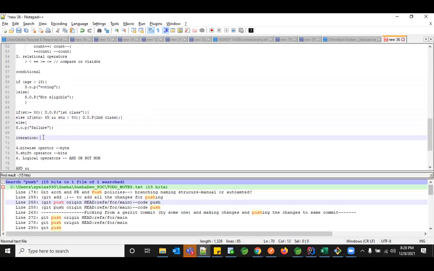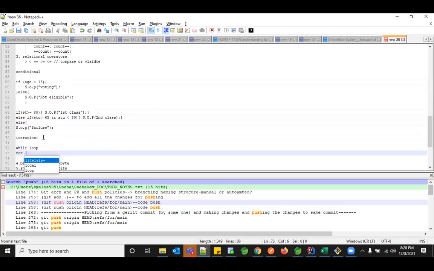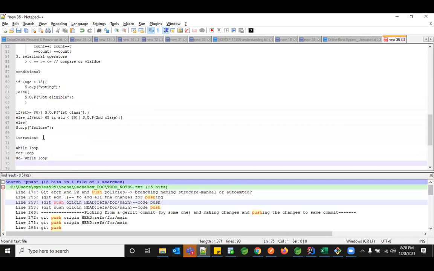For that purpose, Java is providing you something called a while loop. The other one is the for loop. And the other one is the do while loop. So it is giving us three kinds of loops. So basically, to repeat the same logic for 100 people, we need to use these loops. So what is a while loop and how does that condition look like? For everything, you need to give some condition. Without a condition, it will not execute.